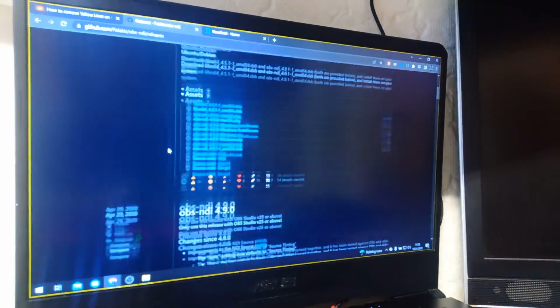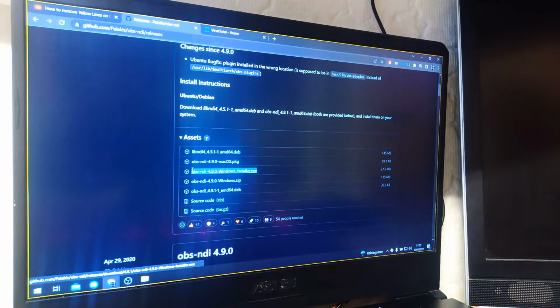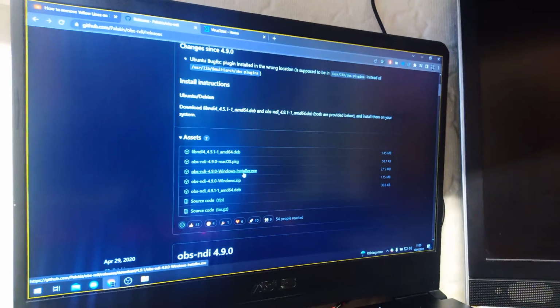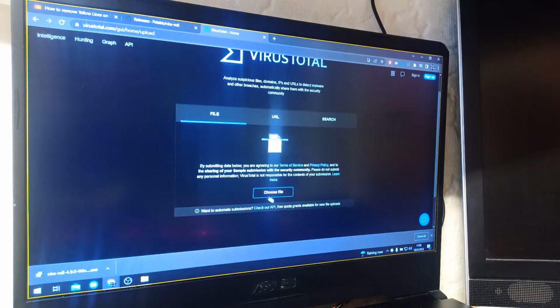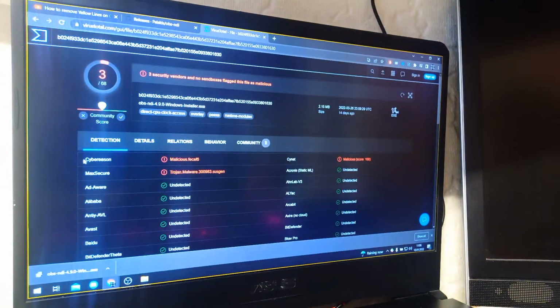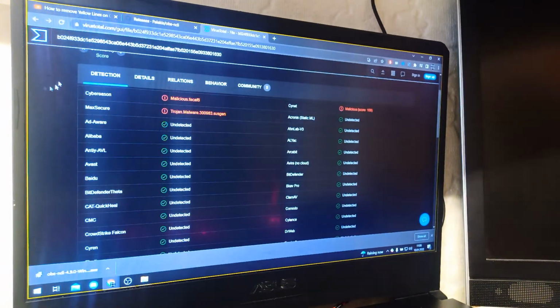which simply provides you a plugin for OBS that lets you do more stuff. And let's click on that specific link, OBS NDI 4.9.0 Windows installer.exe. And when we click on it, we are shown this pop-up. And if we go on VirusTotal and check this one out, we will see that it has some potential risks,